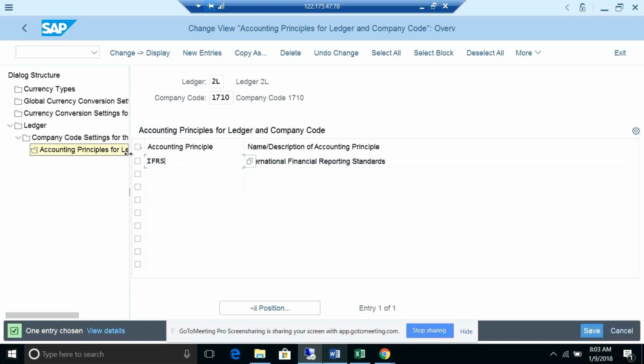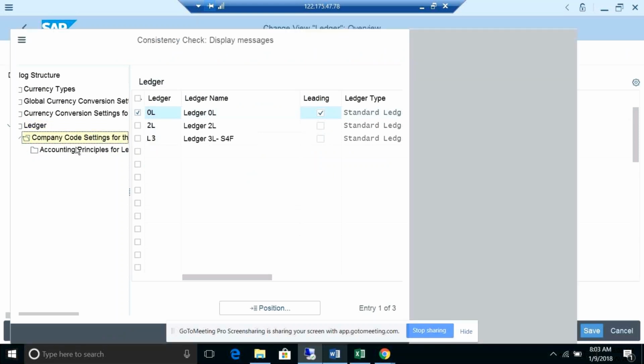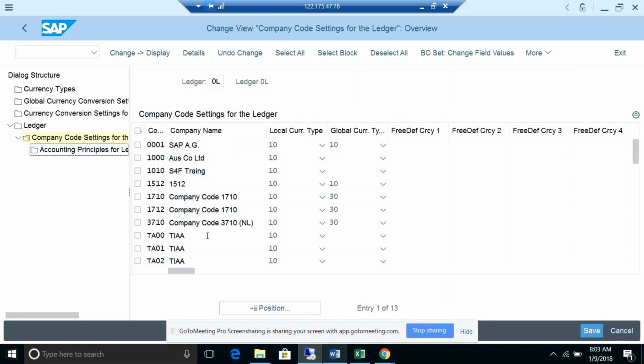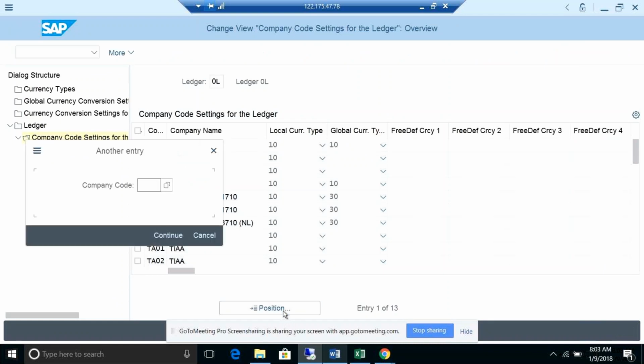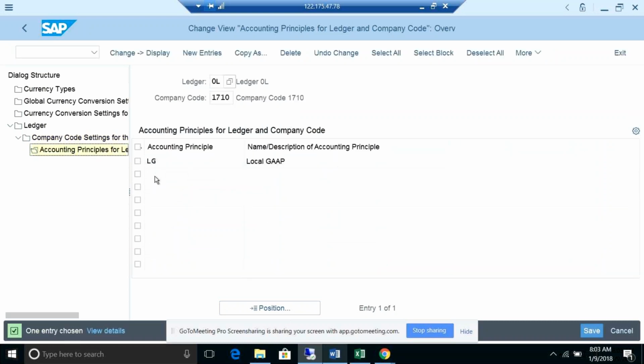What you can do is, for the 0L, now I have only one accounting principle, right? So if you want the reporting in such a way, you need to assign one more accounting principle, IFRS, here.